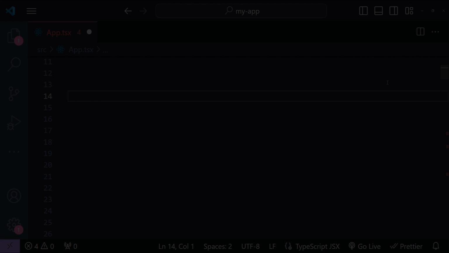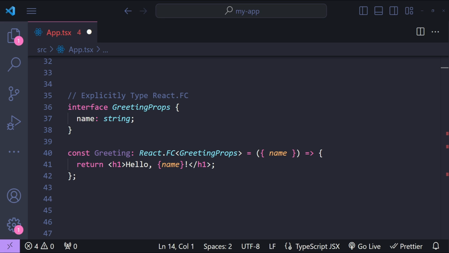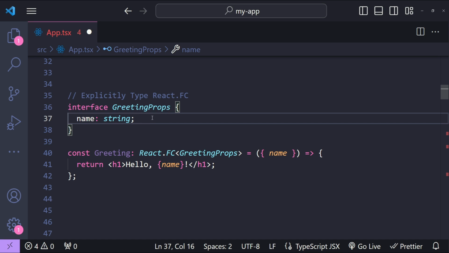So let's get started. The first best practice that I want to talk about is to explicitly type React.FC or React.FunctionComponent when using functional React components. It brings several advantages. It provides implicit type checking for the children prop, which might otherwise be overlooked, ensuring that any children passed to the component are valid React nodes. Furthermore, it makes your component's type declaration explicit, which improves readability and maintainability, especially for other developers who might work